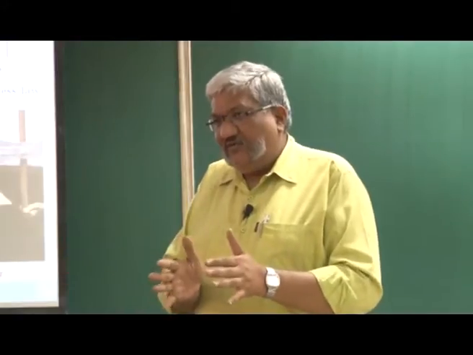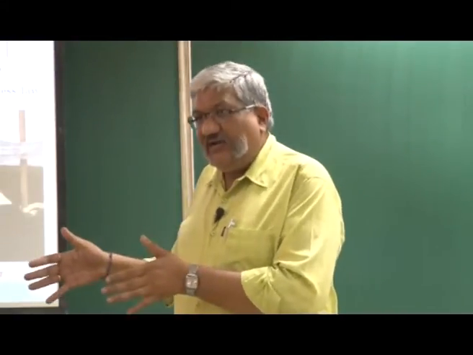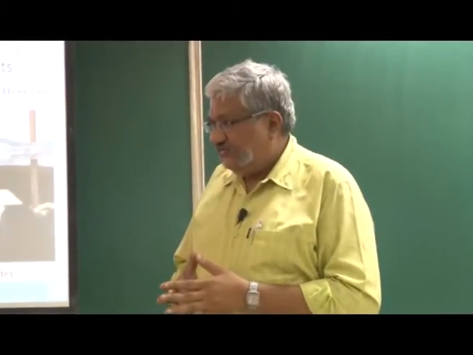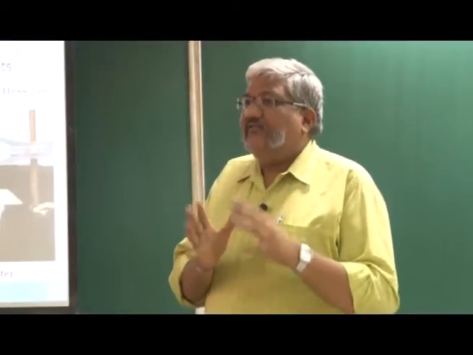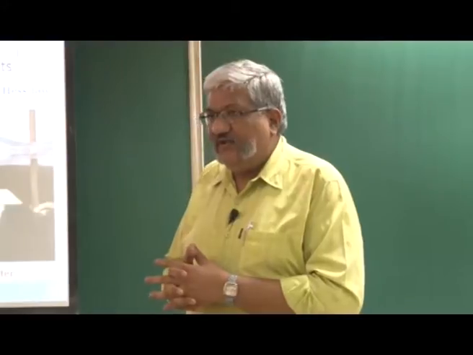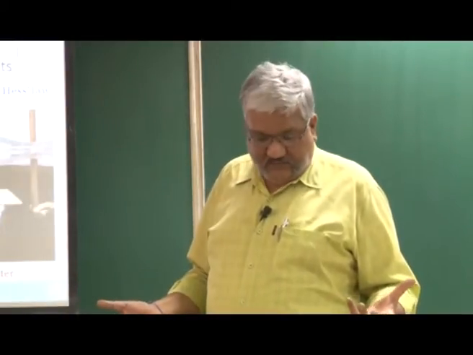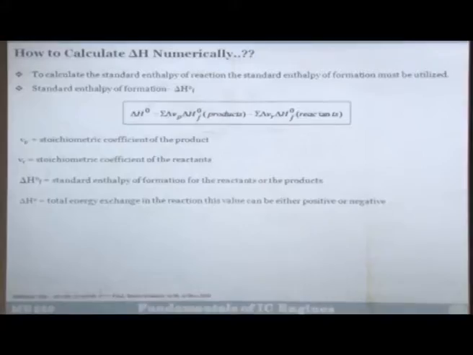So, you can calculate Q equal to MCP delta T. MCP is already known to you from the previous experiment, and delta T you can measure experimentally from the thermometer. Therefore, you can calculate how much Q is. Once you know Q, you also know the mass of the fuel, so you know how much heat that mass of fuel has released. Then you just find out the calorific value of that particular fuel. This is the way in which you can calculate the heat of reaction or calorific value of a particular fuel. Clear?